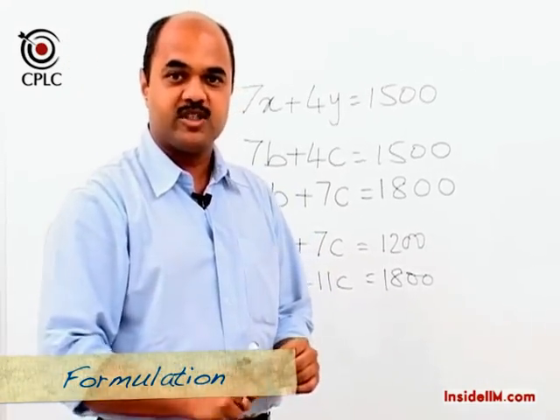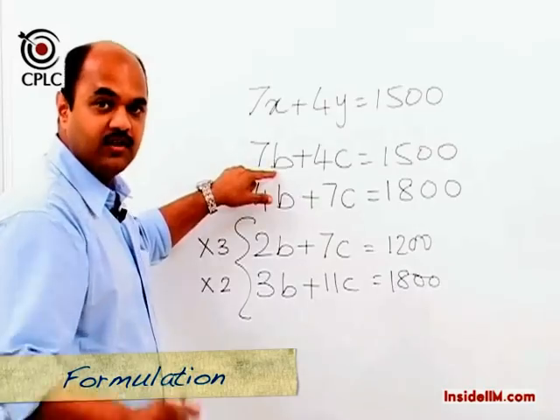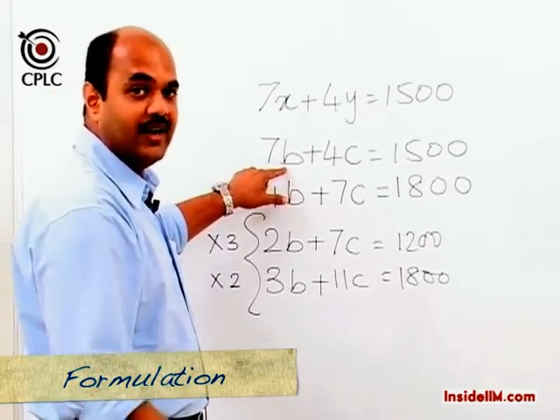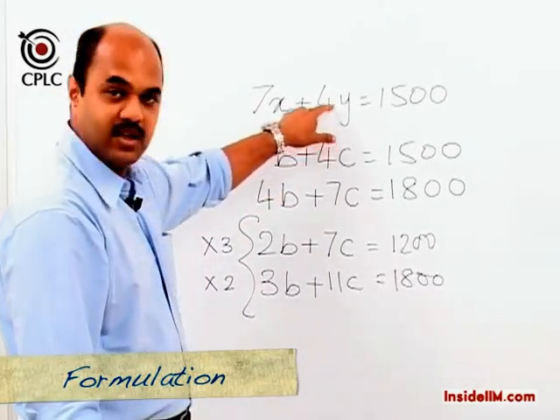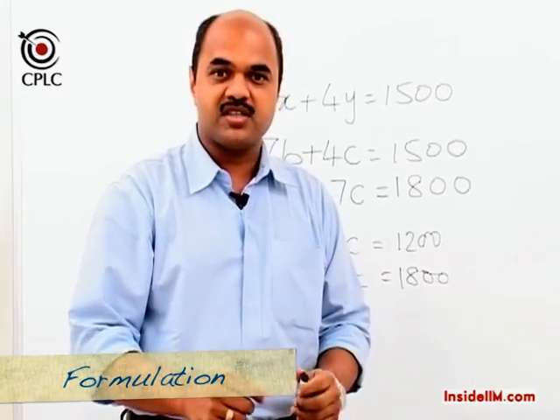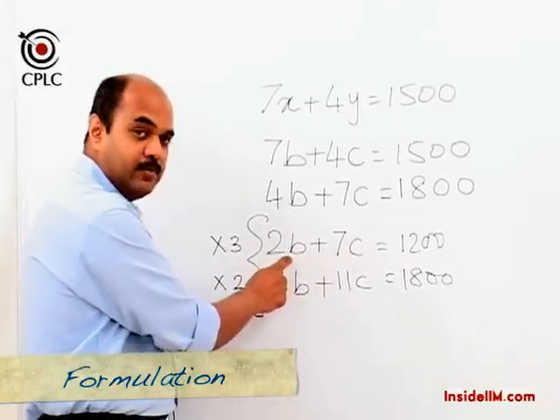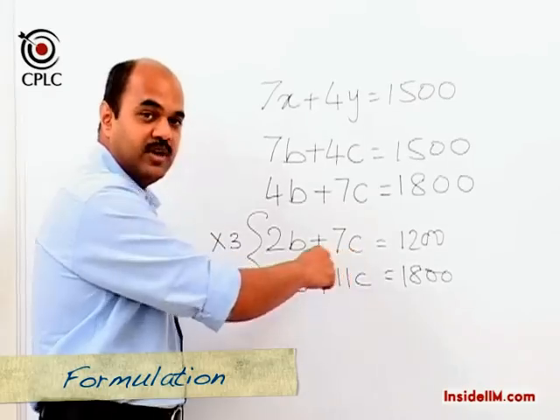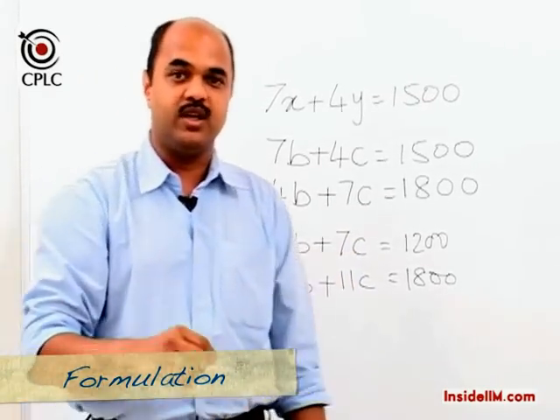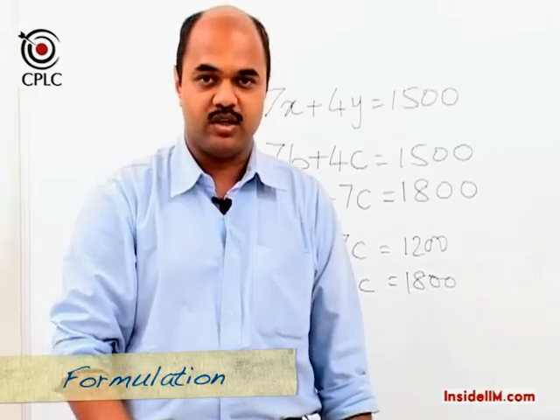Use your variables properly, which means preferably use the first alphabet of the word and don't blindly just go on to X and Y. And the second point that we've looked at is check what is asked and eliminate accordingly. If C is asked, eliminate B. If B is asked, eliminate C. This will actually tell you what to multiply each equation by and hence calculate.